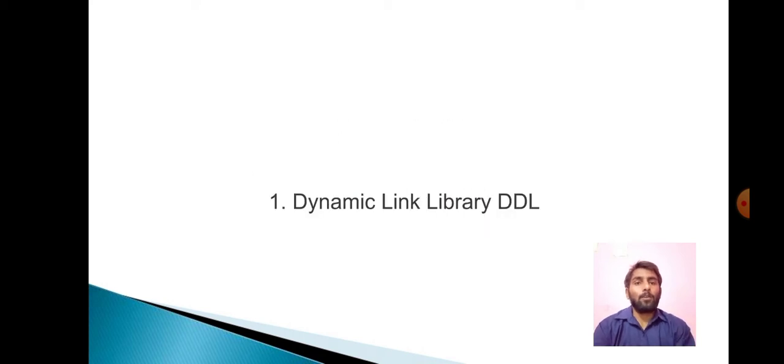So my first topic is the dynamic link library, a DLL. The dynamic link library, DLL, is an executable file that acts as a shared library for functions. Dynamic linking provides a way for a process to call a function that is not part of its executable code. The executable code for the function is located in a DLL, which contains one or more functions